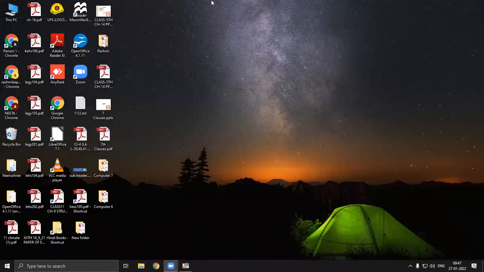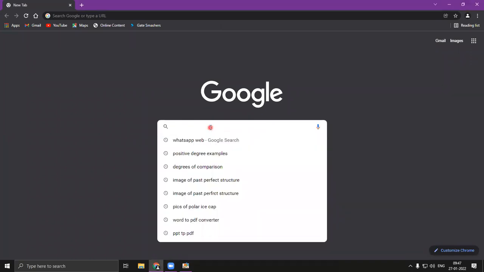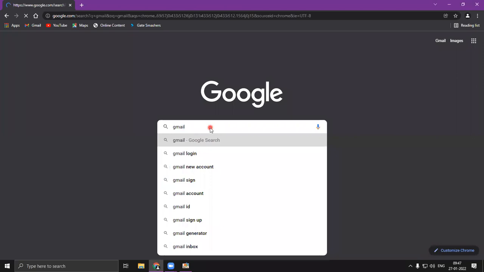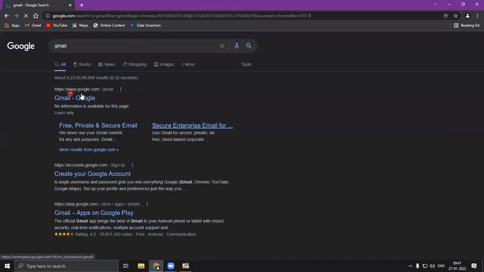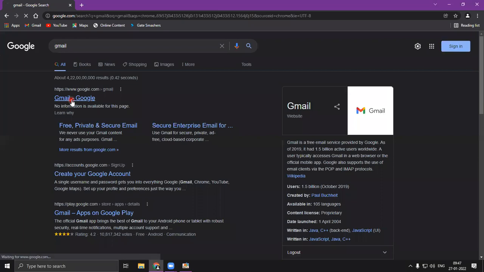is my desktop, and now I'm clicking on Google Chrome, a web browser, as I'm already connected to the internet. If you are trying this practical activity at home, you need to be connected to the internet also. Now you can see the Google search icon. In the search box, I'm writing Gmail only, right? Here you can see the very first website, Gmail, www.google.com. Now I am clicking on it.